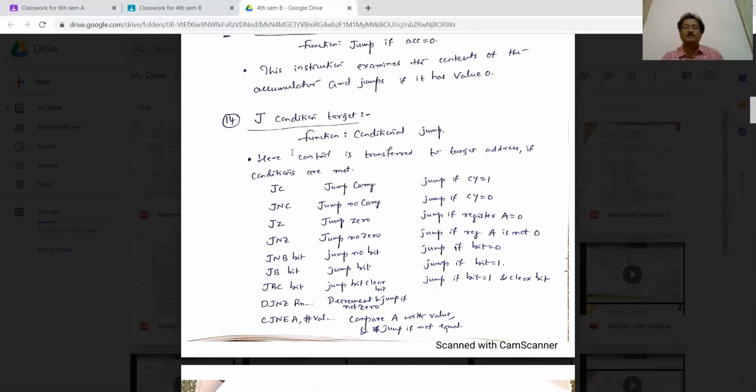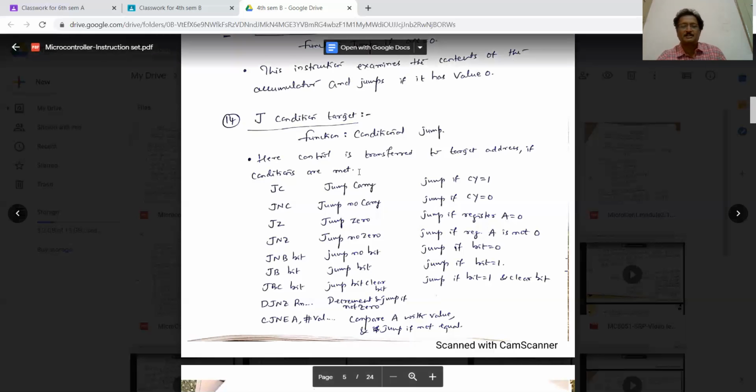Again, it depends on your programming skills, and the skills are different from student to student, person to person. One thing you keep in your mind, your number of instructions should be as few as possible, because the total execution time of the program depends on the number of instructions, as each instruction has different machine cycles. If your machine cycles increase, naturally the time taken for execution also increases. So for effective programming, you should see that your number of instructions is as few as possible. It's a tip to you.